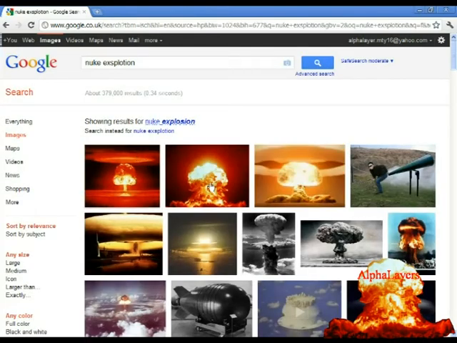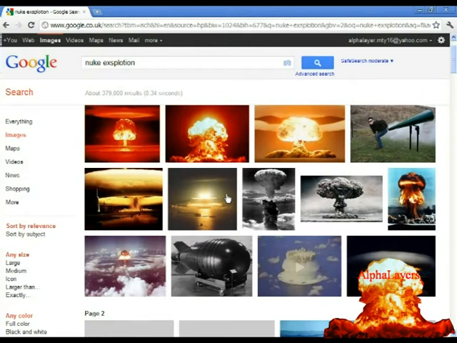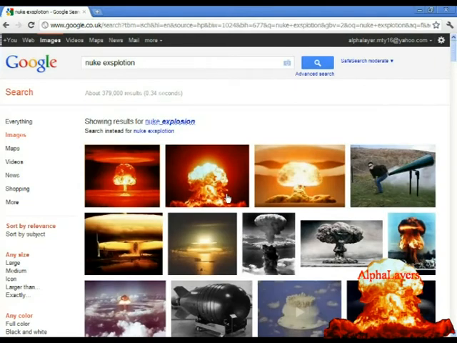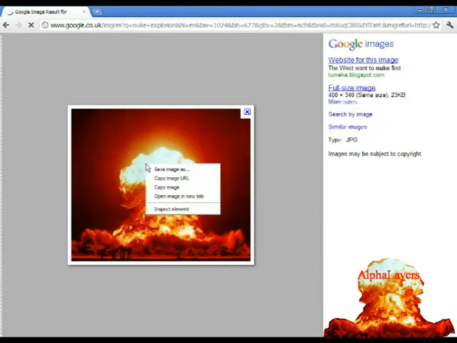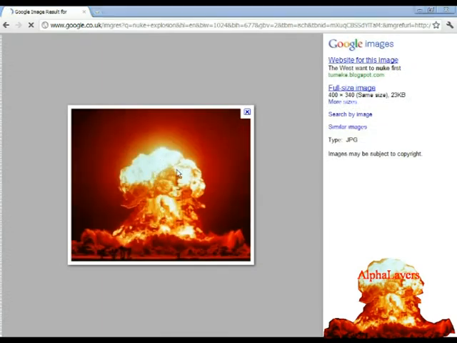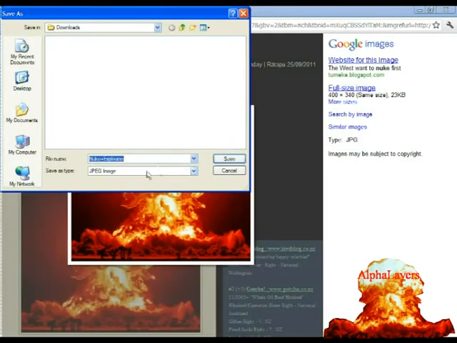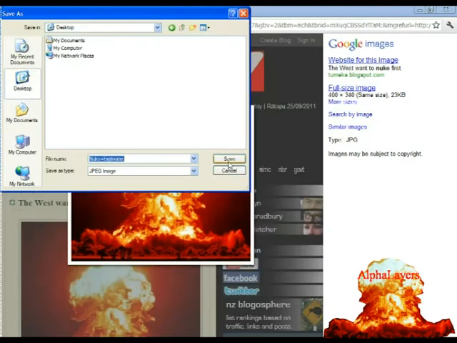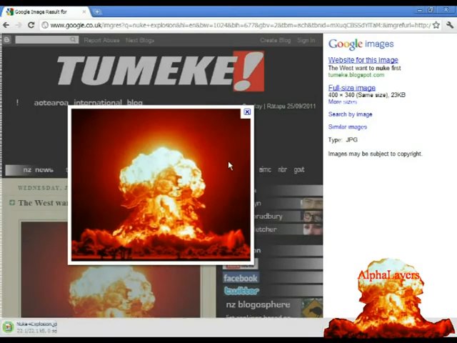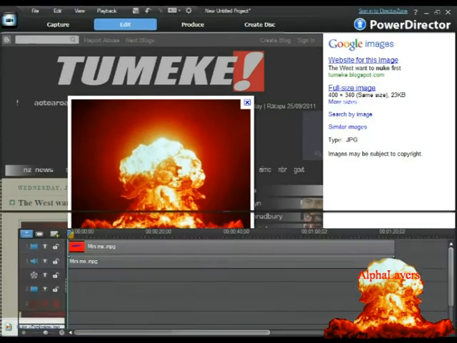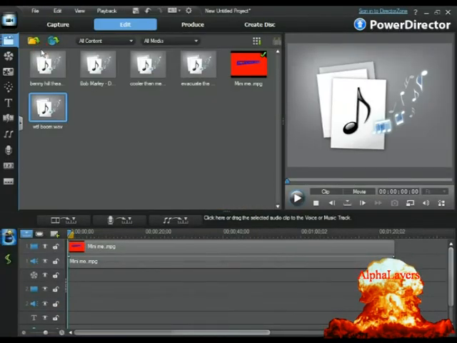So if I get that again, same one. Okay, so I get that one. So I'm going to click on it because it didn't code last time, and save image as. Make sure it's a JPEG image, or just something that's a picture, nothing annoying. And then go on to this, and we're going to import it,